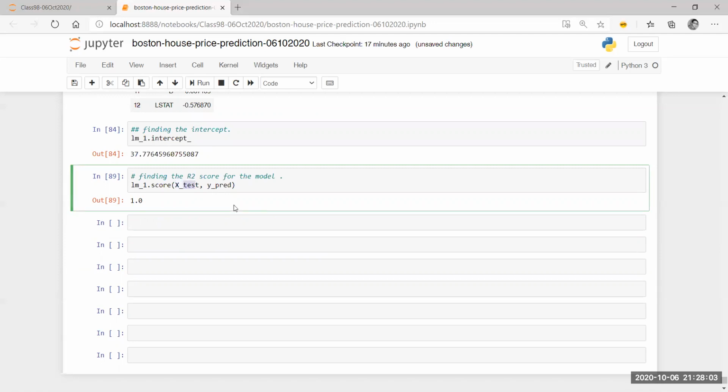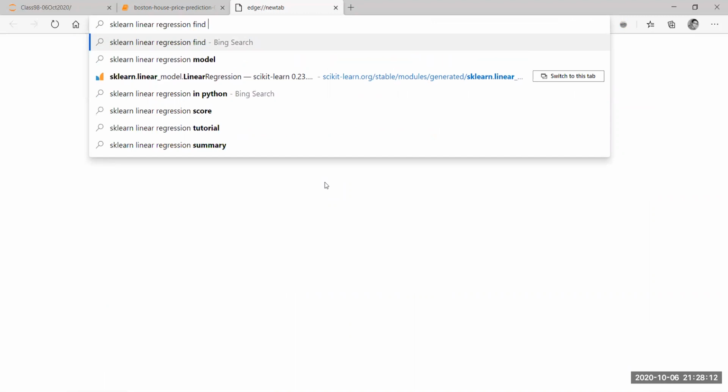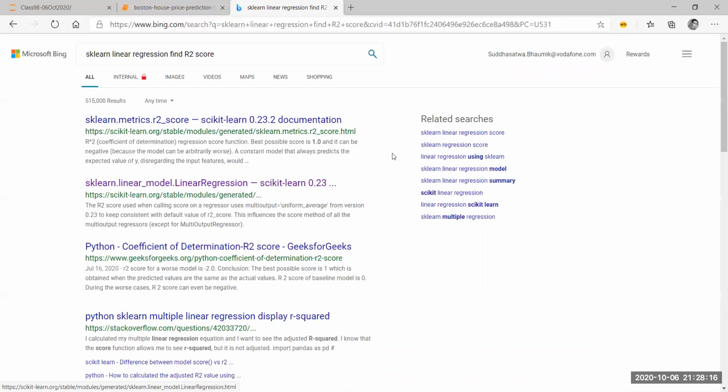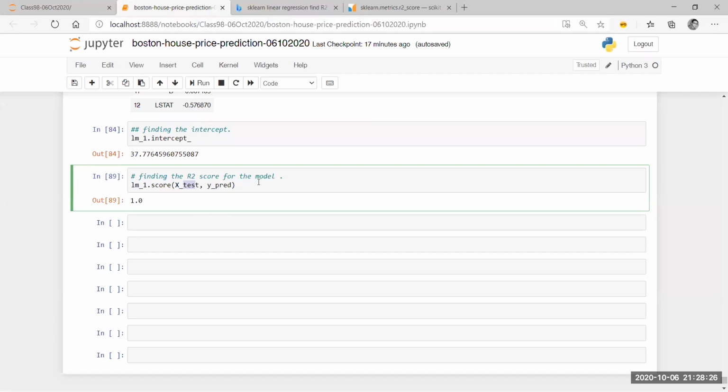Just a moment, let me just do some googling. I believe I have forgotten. sklearn linear regression find R2 score. Metrics R2 score. Okay, this is also a good library. From metrics we can get that, y true and y pred. Yes, this is what I was doing, right?